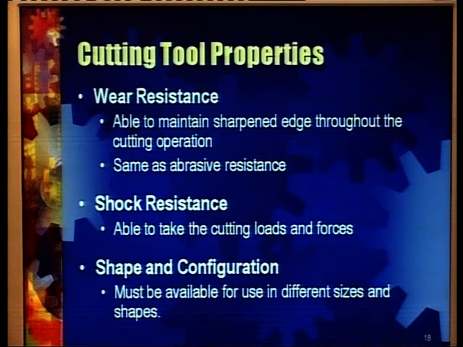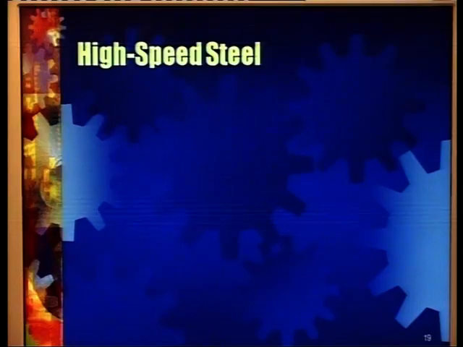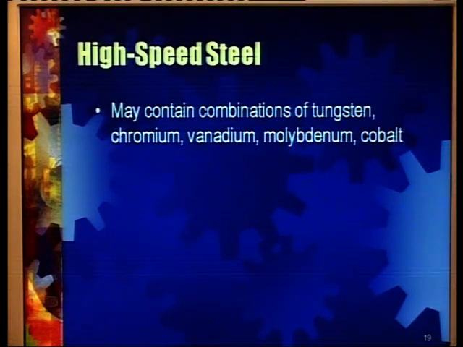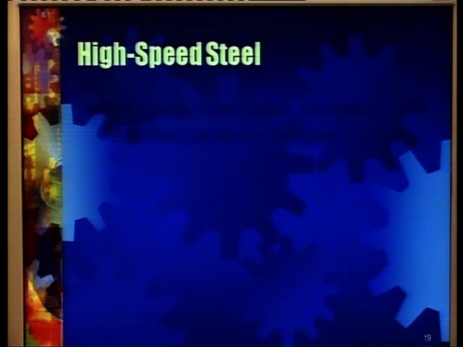Shape and configuration: the material of the cutting tool should be such that it is easier to manufacture that cutting tool from the blank from which it is to be made. The most common material is high speed steel. Most tools that we come across in the workshops are made of high speed steel. This high speed steel